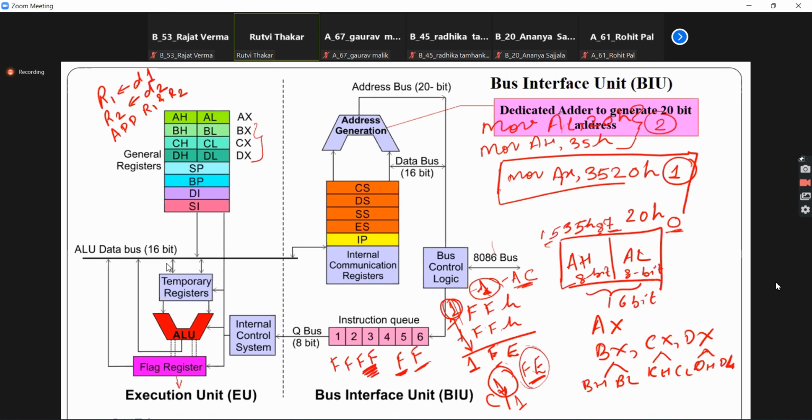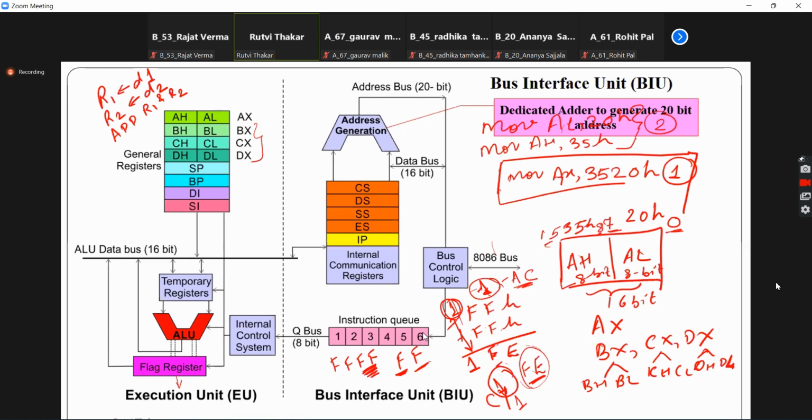The address bus which is there. These are some sections which we'll see later on. Where I want to store this, I want to store it in AH and AL. When I write down AH and AL, they also have some specific address. That address will be generated over here, and it will be given to the address bus. As I told you in the start itself, if I don't have the address, my data cannot be passed. So I need to first denote the address. And then I have the data which I'll pass, which will go to the